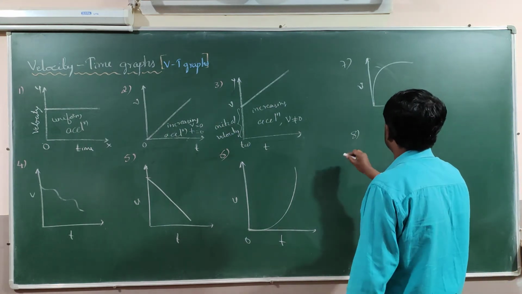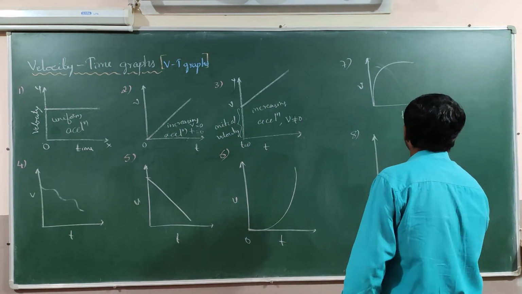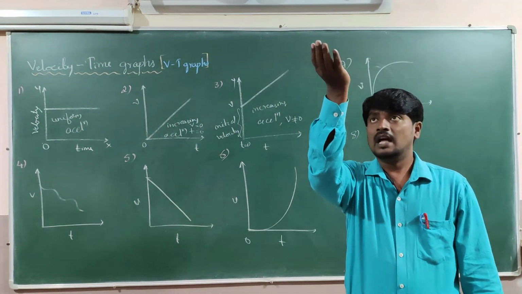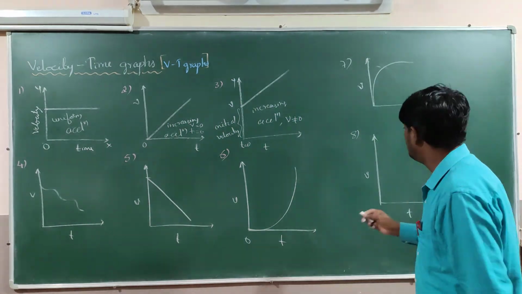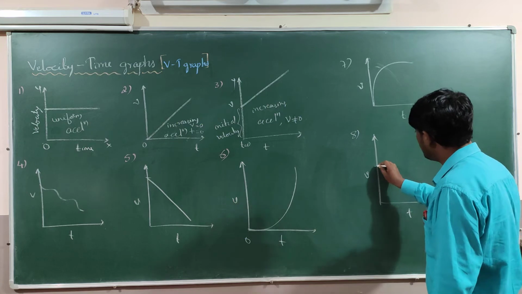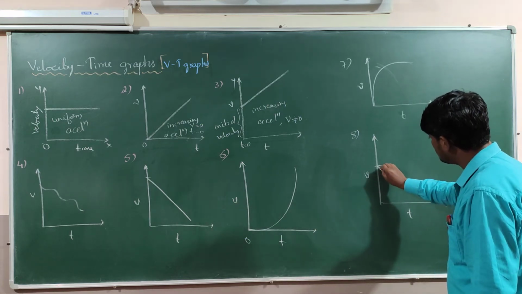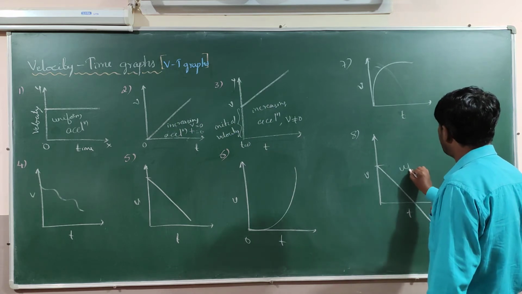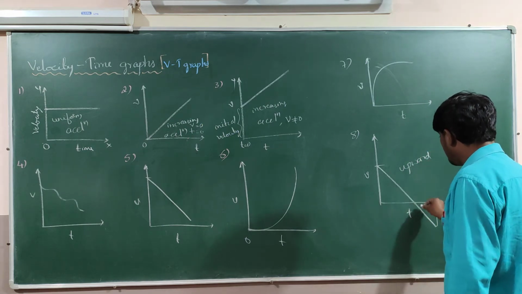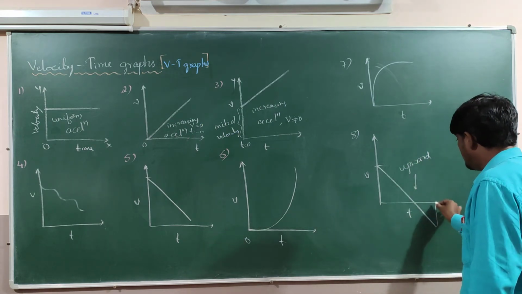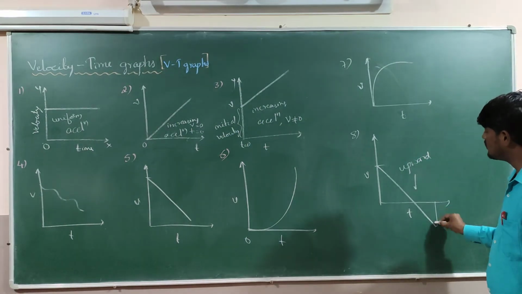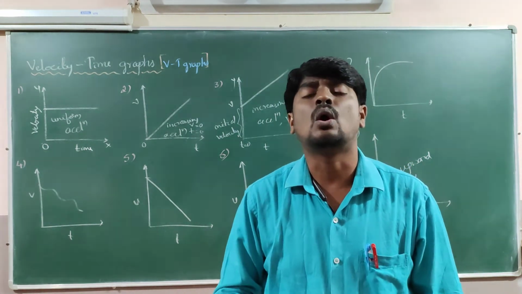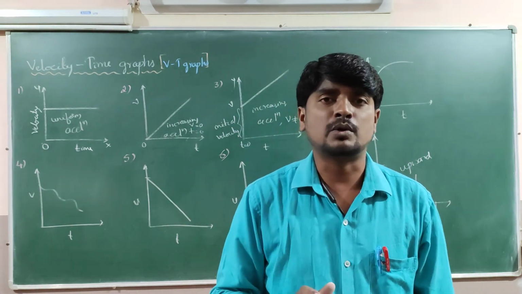Then you can even draw a point. So how will it be? See, this is time, this is velocity. Now, if I throw an object upward, it will come back. So as I say, when it reaches some velocity, this is the initial velocity. If I throw, it will come back with a certain retardation, they call it negative acceleration. So the body is thrown upward and coming downward. It shows some negative acceleration. So that is called what? Retardation. In this way we can create our own different cases of speed or velocity with respect to time